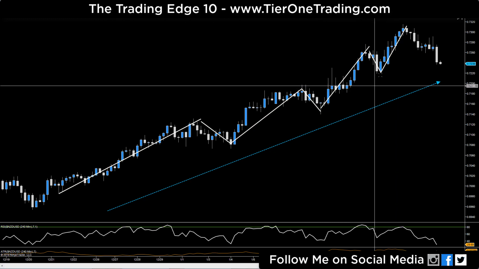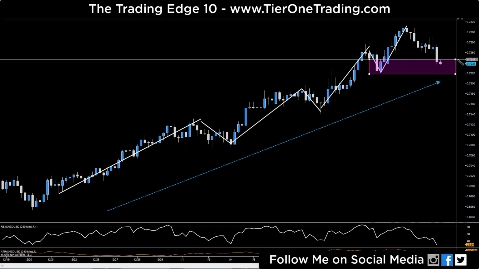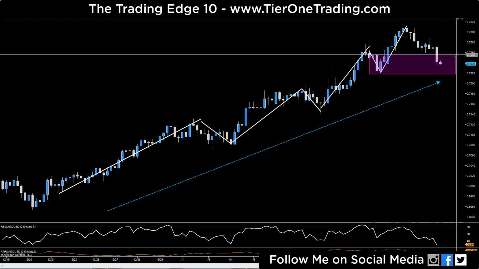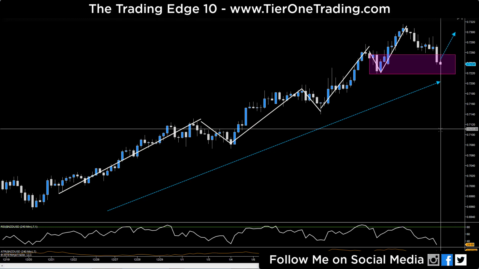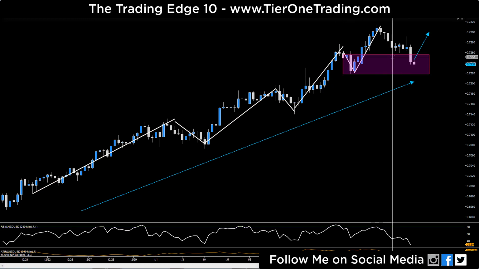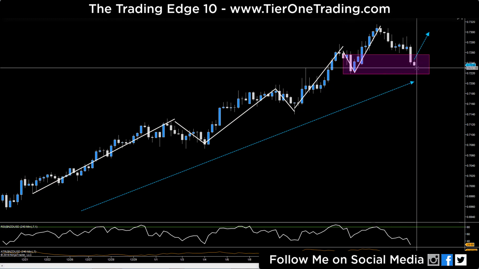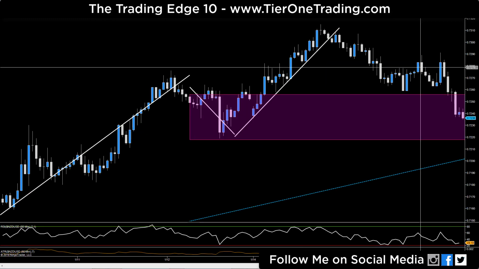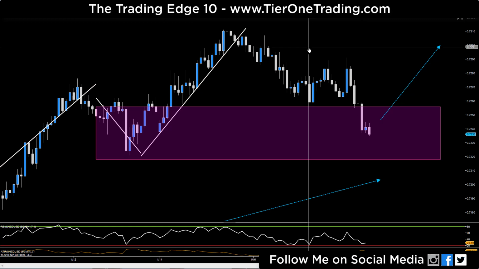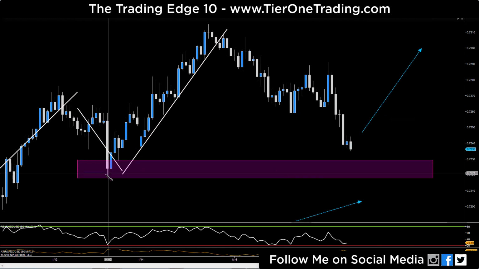All right, so we're looking essentially for a pullback, right, down into structure. Now, this is where you'd be typically looking for a trend continuation trade and looking to buy this up. Okay, now what we've got here is a couple of ways to enter. We can wait for price action to push into here and get that higher high, higher close candle, or as I drop down to the 60, which is also considered my swing trading time frame, what we're going to see is